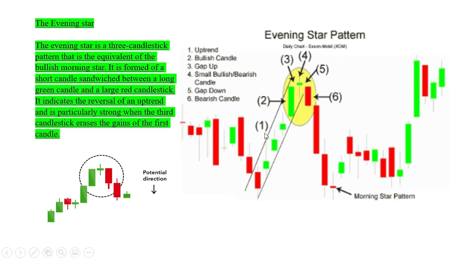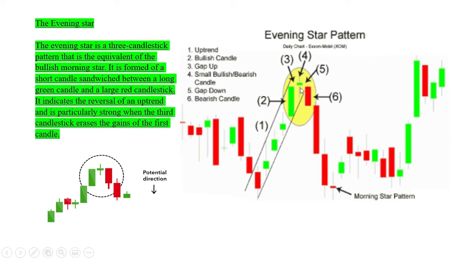We have the uptrend forming because this forms at the end of an uptrend, right? So 1, we have the uptrend. 2, we have the bullish candle. 3, we have that little gap up. You see that gap up? How it didn't open exactly on it? It opened up a little higher. So we have that gap up. 4, we have the small